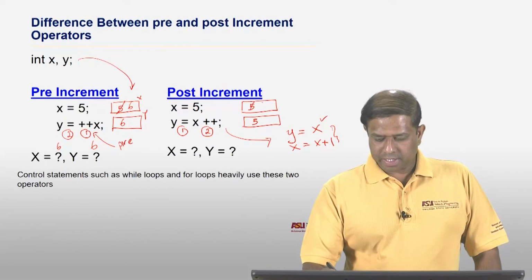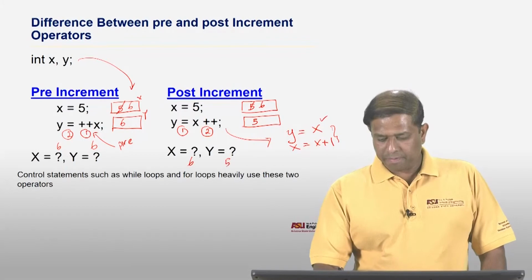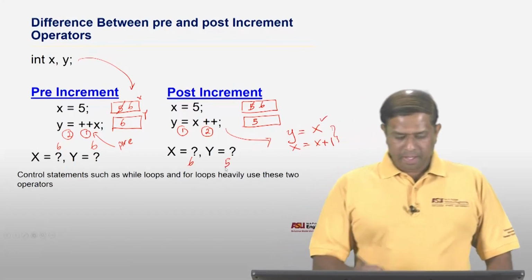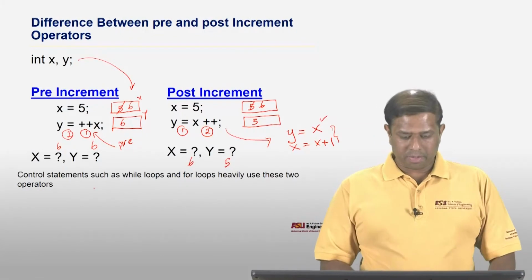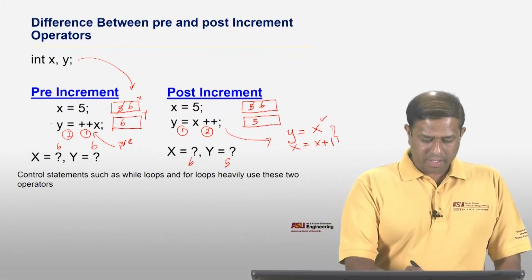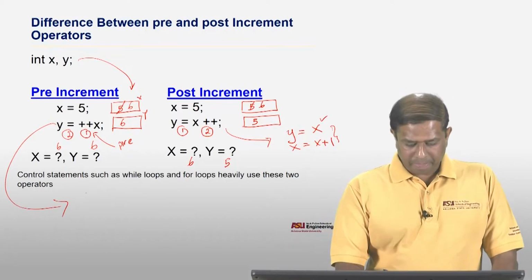So then in this case x will be 6, right? So therefore x will be 6 and y will be 5 in this scenario, right? On the other hand, in this case both x and y are going to be 6. To understand this again, if we write the corresponding two equivalent statements in here,